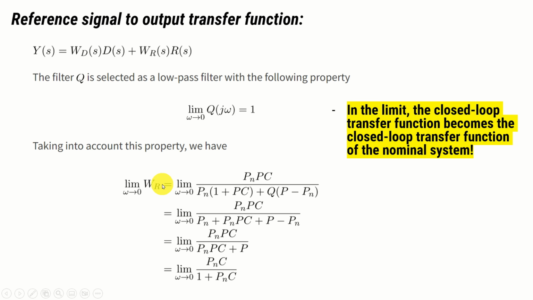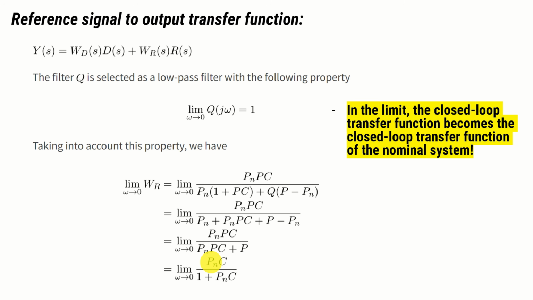If we substitute the expression for Wr, we will obtain this expression over here. Then, since this part holds exactly, instead of Q we can simply type 1. Then we can proceed further to obtain this equation. Then over here we can see that Pn and minus Pn cancel, and consequently we obtain this equation. Now we can cancel P and P, and consequently we obtain this equation over here.